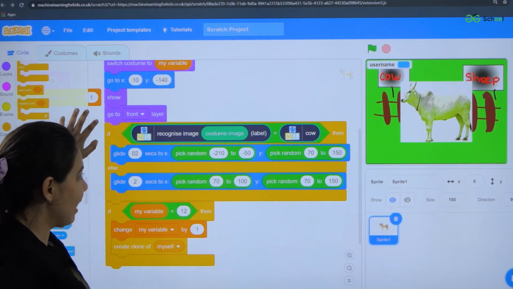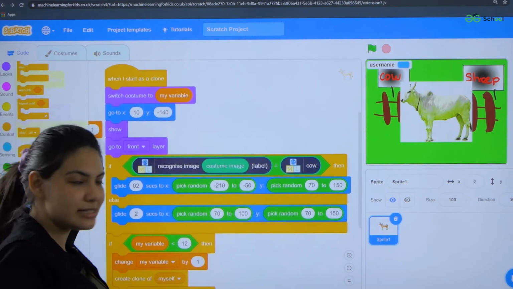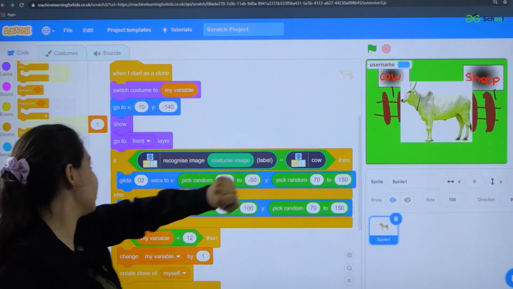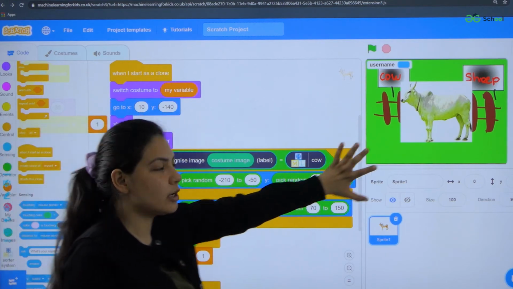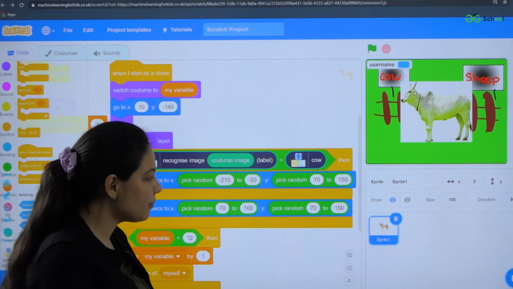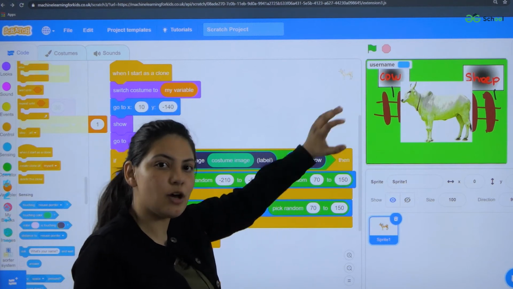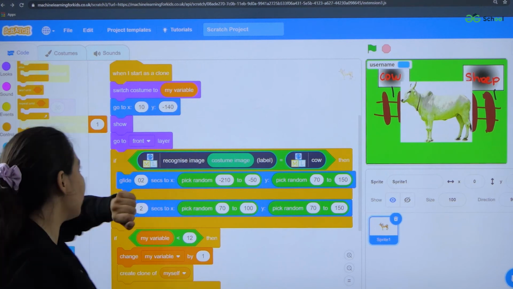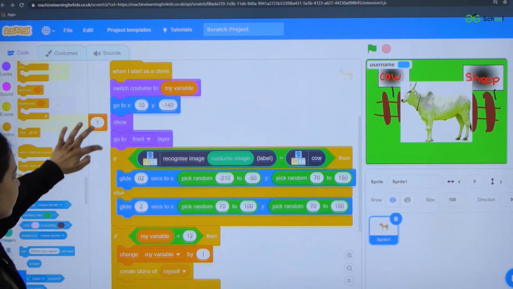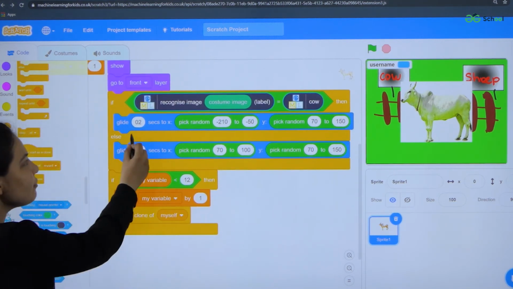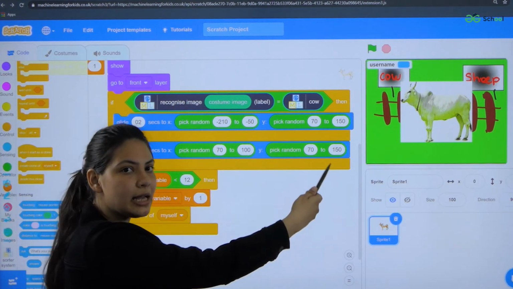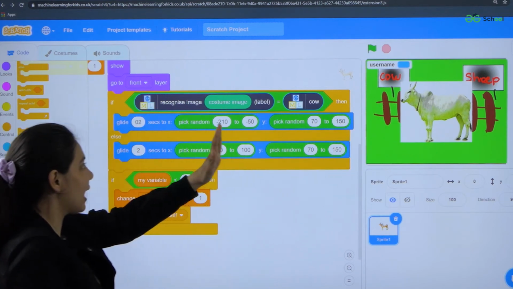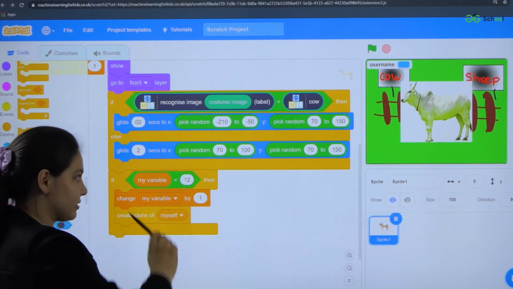Okay, so let us revise this code and then we'll perform this activity. When I start as a clone of my images, I'll switch the costume to my variable, which is the multiple sets of images. It will go to some random position of x and y coordinate, and then there are two conditions: if the image recognized by the computer is a cow, it will glide the image to the left side from a random x-axis coordinate.